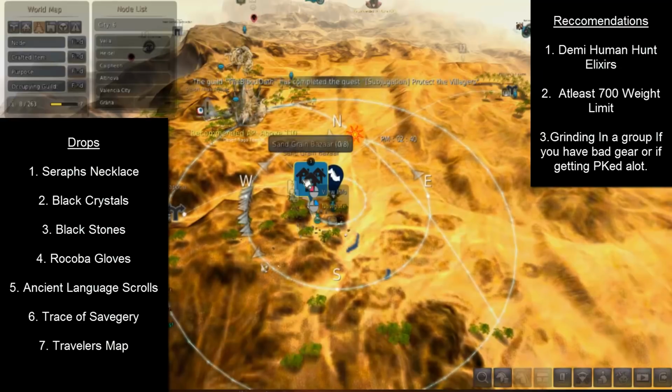Also, Rokuba gloves drop here, and scrolls drop here like wildfire. I get about 4 to 6 per hour. I'll talk to you guys about that a little bit more when we get to the per hour grind, but scrolls drop here like crazy, and if you do not keep your scrolls, they do